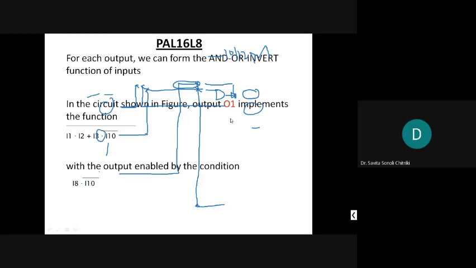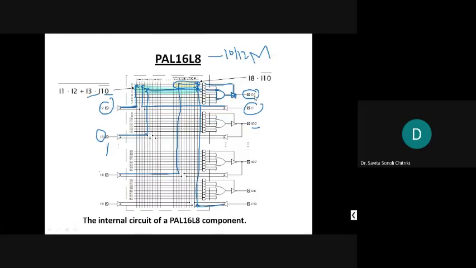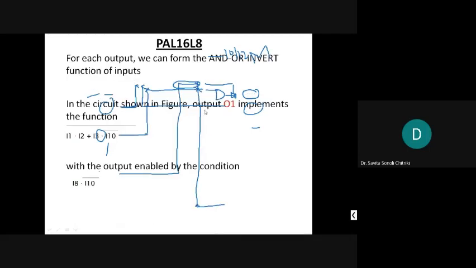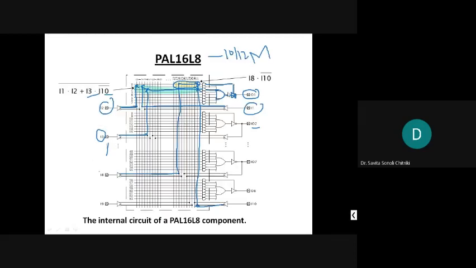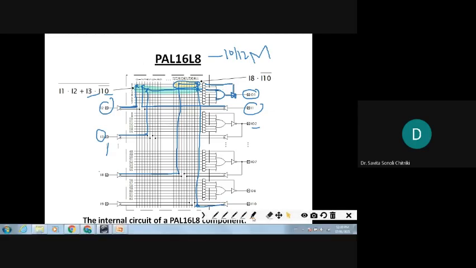The output O1 implements the function I1 into I2 and I3 into I10 bar, with the output enabled by a condition. So the output is enabled by this condition. So one enabling condition is given here. That output enabling condition is this. What is that? I8 ANDed with I10 bar should be there to enable the output,